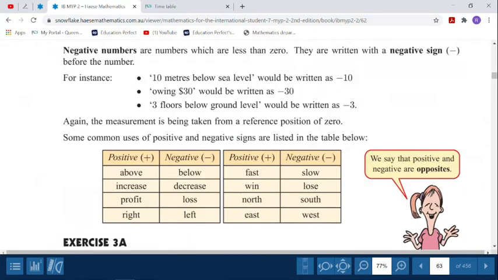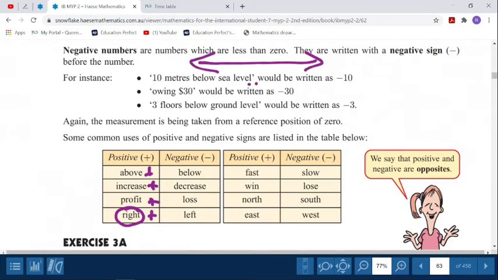Okay? So here are some words that you're going to see, some key phrases and words that mean either positive or negative. Now, some of these you might not think of as being positive and negative. So we're going to think about what that means. All right? Let's take a look at them. Above, that's pretty easy. Above is always going to be a positive. Increase, if it goes up, that means you're adding to it, so it's a positive. Profit is positive. Here's one that's a little weird, though. Right is always a positive. And the reason for that is